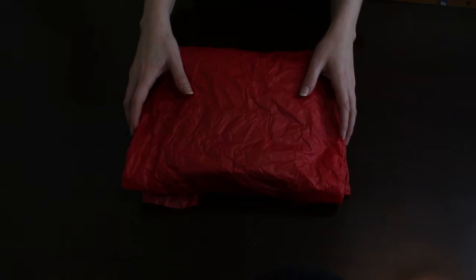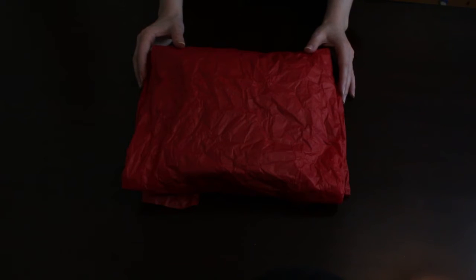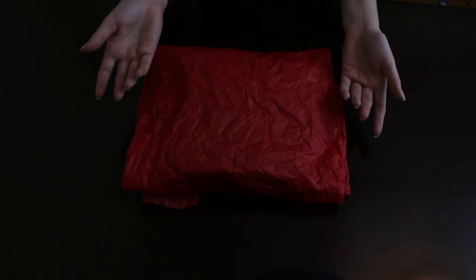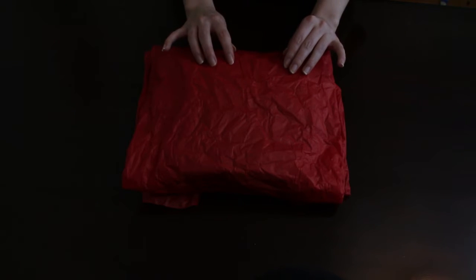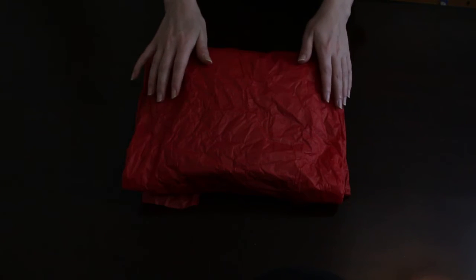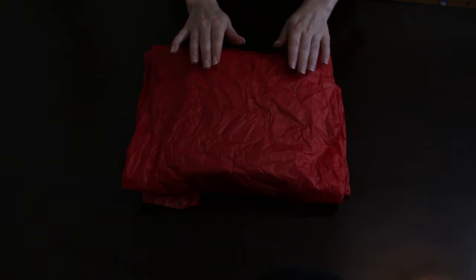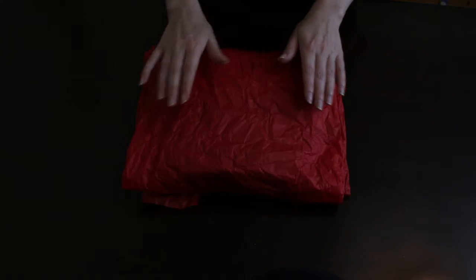I have a package here that I wrapped up just to share with you, and I'm going to show you some new pairs of socks that I got recently. So I have 4 pairs of socks in here, and I've been saving them just to share with you,